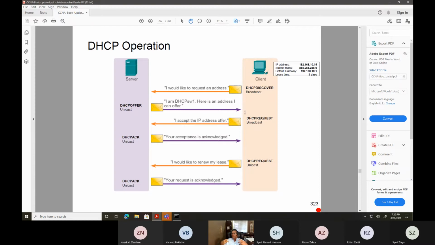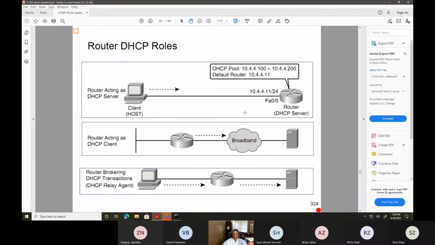Then the client receives it and says, okay, I'll accept it, and sends an acknowledgement back. And the DHCP server sends for how long, because it all depends how long you want to keep those IP addresses. Do you want to keep it for 7 days, 3 days, or 10 days, right? Everybody's configuration is different. Everybody's policy in the company is different. So it all depends on that.